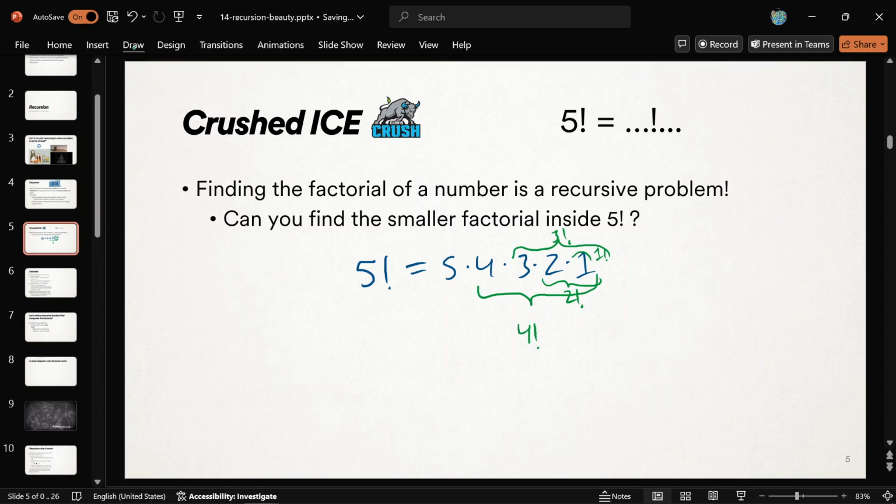They're all in there. Usually, what you want to do when you're breaking down a problem recursively is find the next smallest one. So for 5 factorial, you should go looking for 4. 4 is the right one to find. It's like the biggest smaller one, if that makes sense. That's going to be the secret. That's what we're going to use. Once we notice that, we can generalize this answer to not be 5 factorial only, but any factorial.